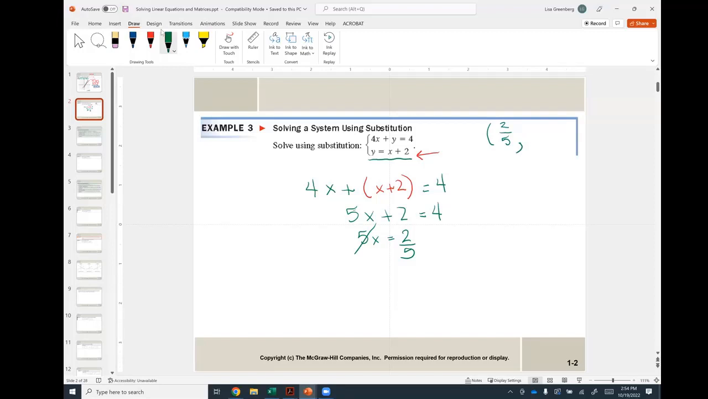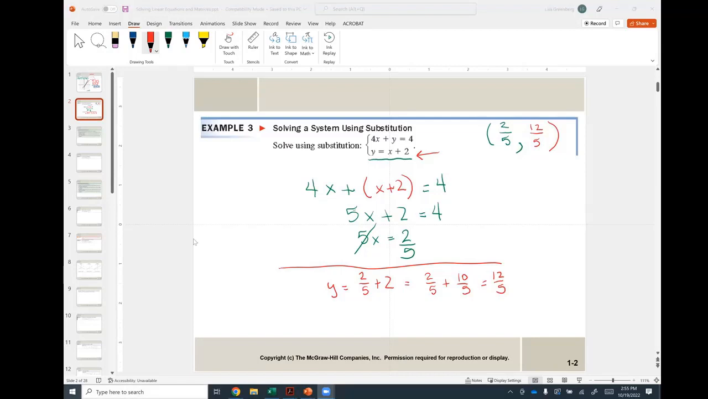To find my y, the easiest thing is probably just to plug it into that second equation. I know y is equal to x, which we said is 2/5 plus 2. Let's get a common denominator. So 10/5, which gives me 12/5. And so my ordered pair is 2/5, comma, 12/5. And that is substitution. All right, so now,